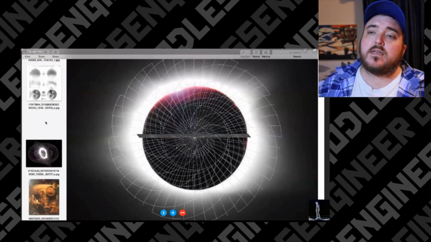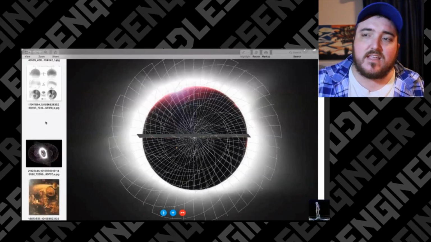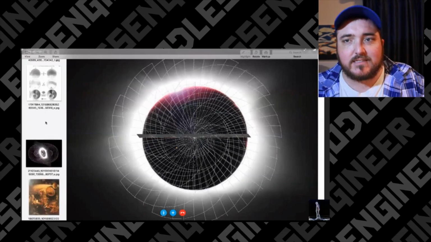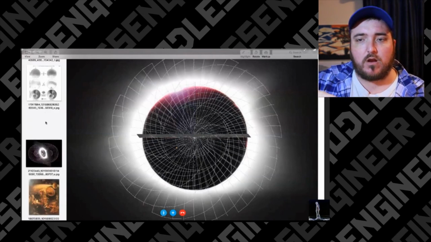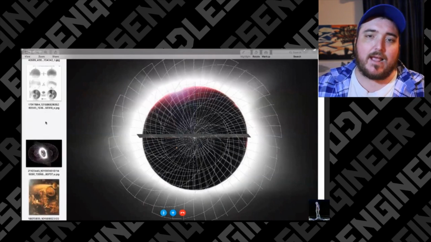And then finally, which that's just a few things, right? That's just a few things. But then he's also going to have to tell us what the fuck is blocking the sunlight from getting there, and why that particular object can make the lunar eclipse appear over half of the planet.